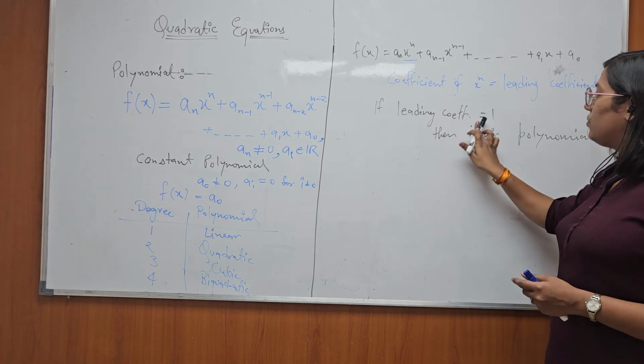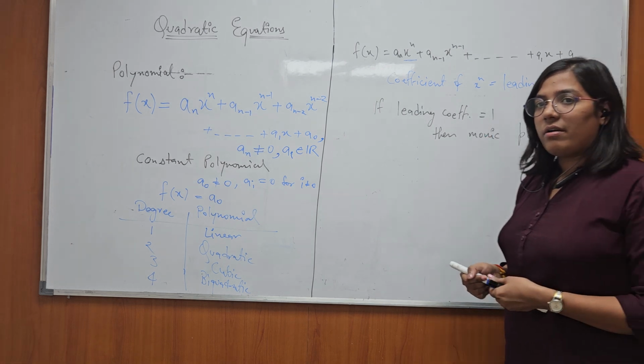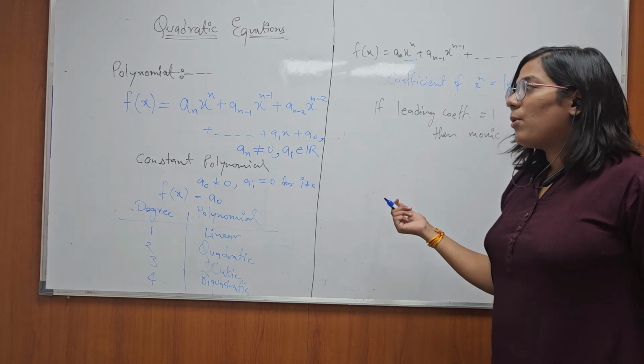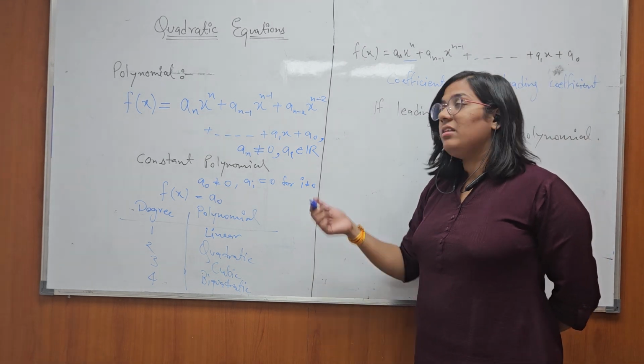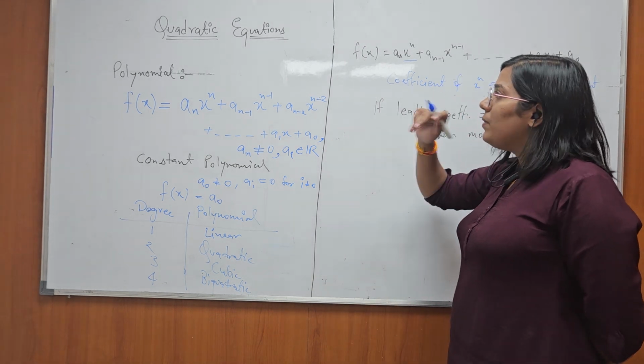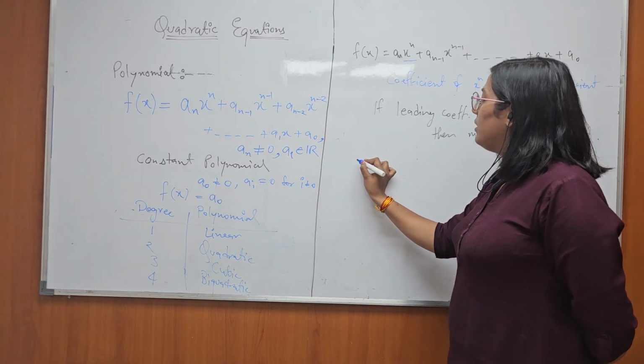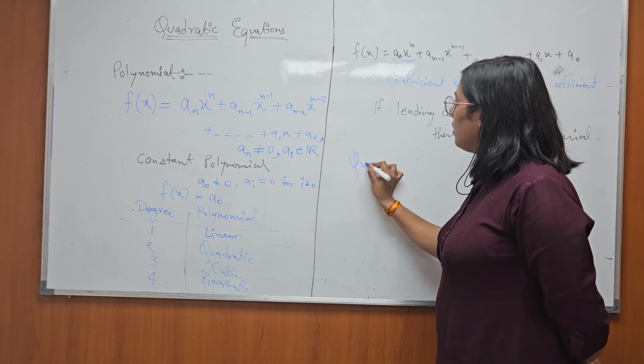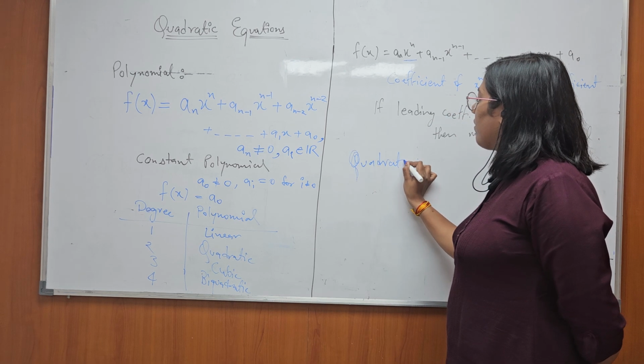Now let's move on to the quadratic equation. What is a quadratic equation? What is an equation? If a polynomial is equated to any constant, then it is called an equation. Now if we are talking about quadratic equation,